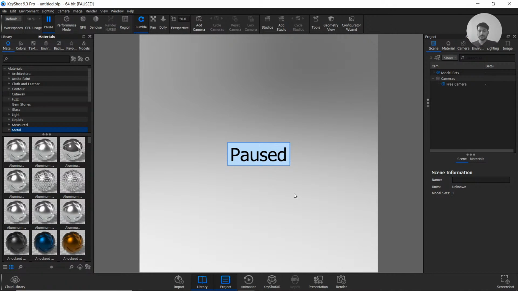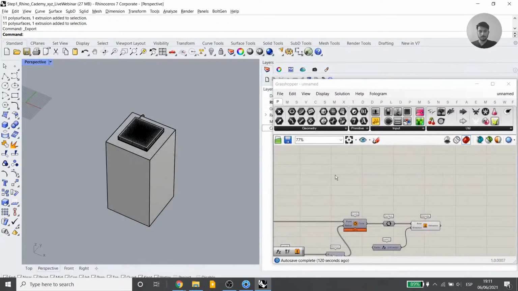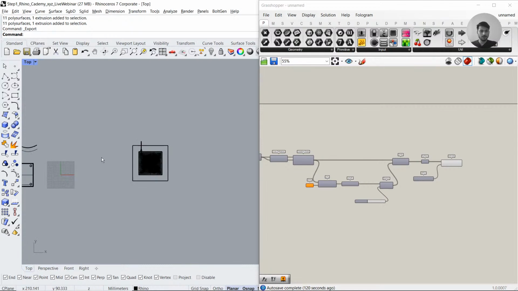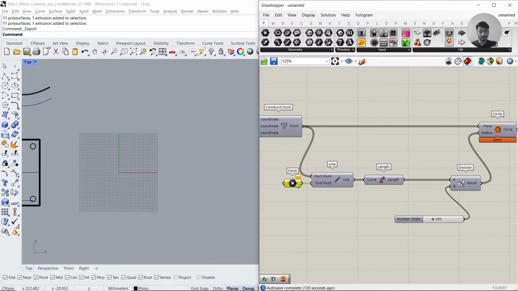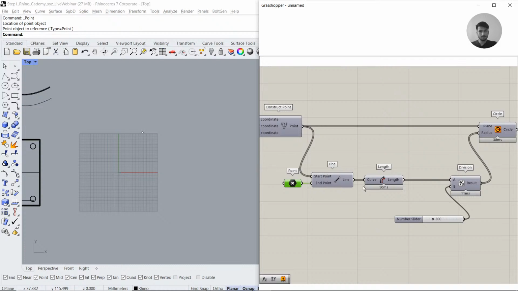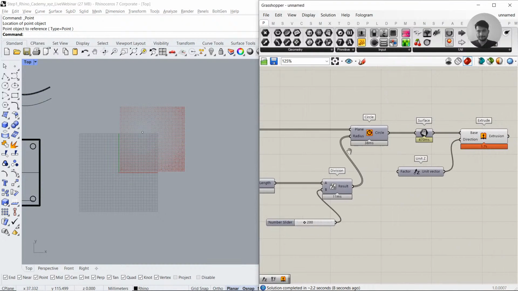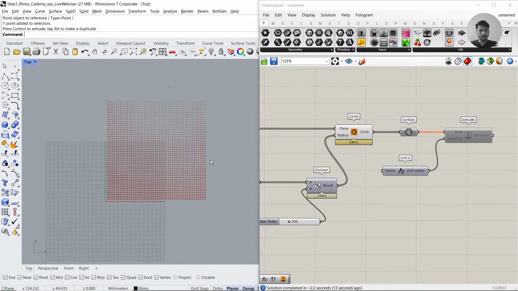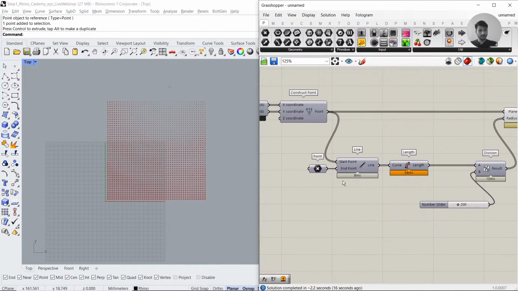You had 4 lines. Okay, so in case of perforation fading in all directions, you can also use a point instead. So in this case, if you have a point, I'm just gonna turn off the extrusion so that it doesn't take that much time. Okay, so if you have a point and you're doing the same thing, you can do the same thing using a curve. Imagine you have a curve like this,